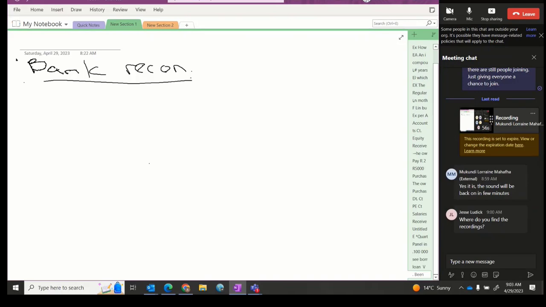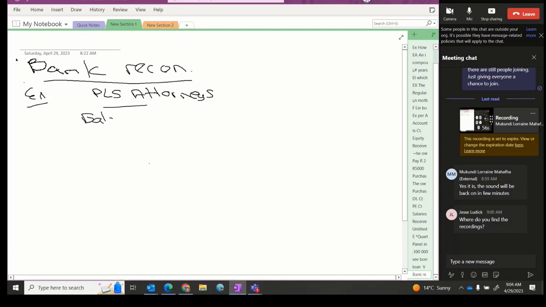Okay, but anyway, let's start. I'm going to do 2 different examples on bank recons. It's actually one of the easier topics for me. I'm not going to write on anything. This is the books of PLS Attorneys, just to give you that clue word. Then they say the balance in the bank account, I'm just going to start with this, I'll show you now why I give that, at the end